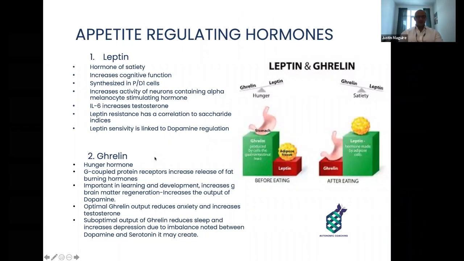So just with regards to leptin, it is the hormone of satiety. In other words, it allows you to know when you're full. For those that are leptin insensitive or desensitized to leptin, before you go ahead and have more food on your plate, say that you're following a nutritional protocol that's been designed by a professional, and you have the quantity of your fill, you still feel hungry, just give it 10 minutes before you go ahead and dish up more